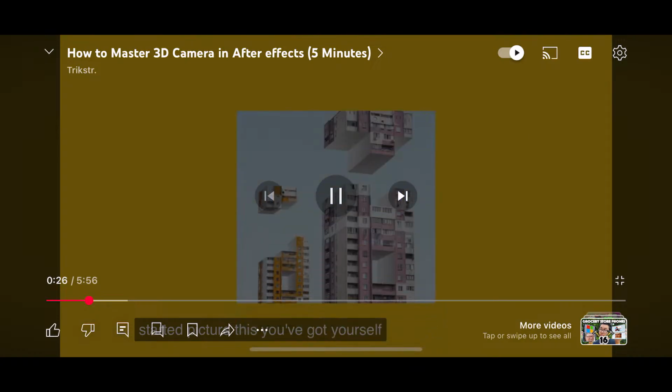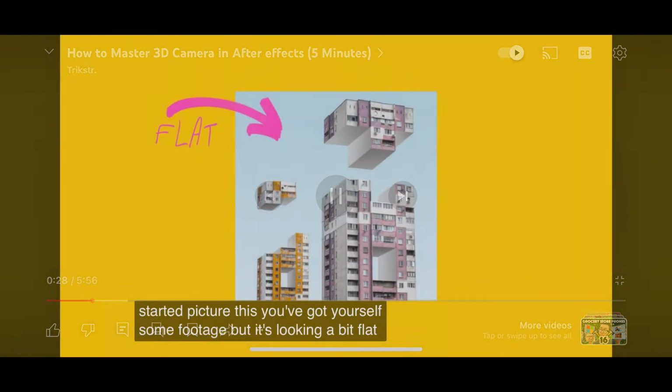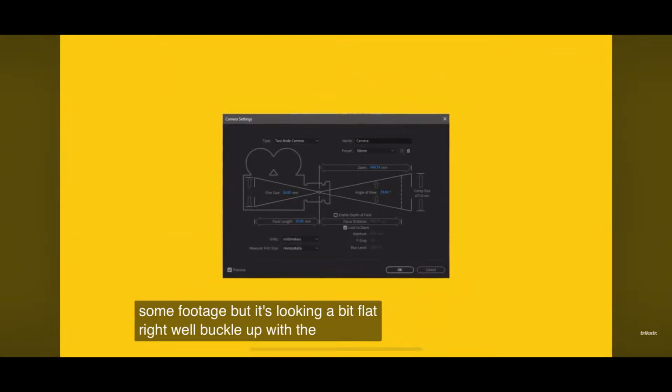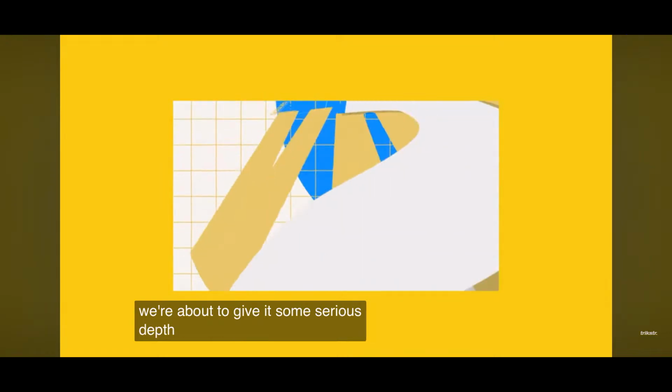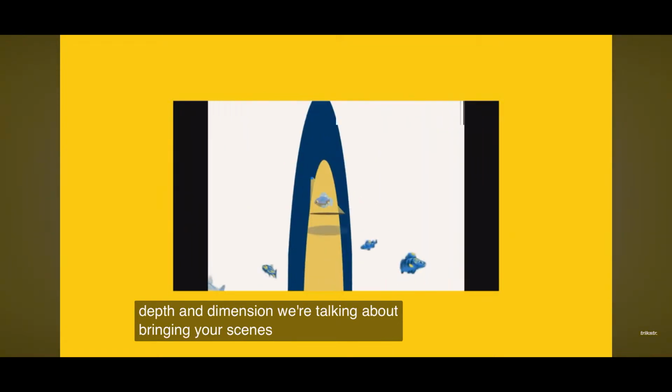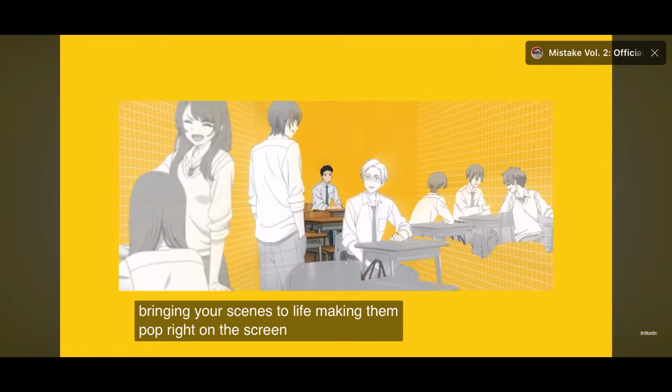Picture this, you've got yourself some footage, but it's looking a bit flat, right? Well, buckle up, because with the 3D cameras, we're about to give it some serious depth and dimension. We're talking about bringing your scenes to life, making them pop right off the screen. Let's get